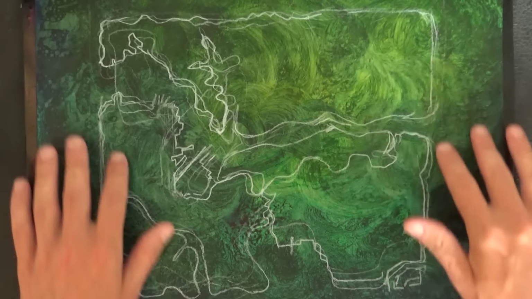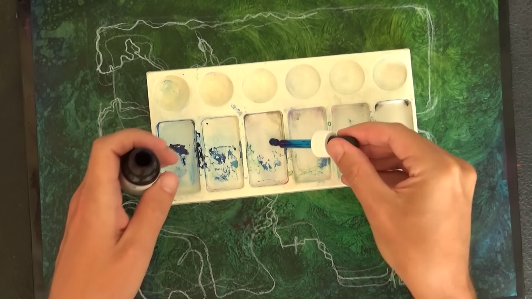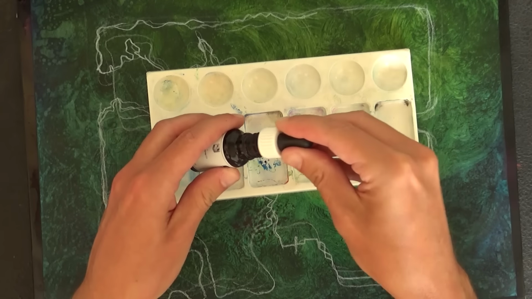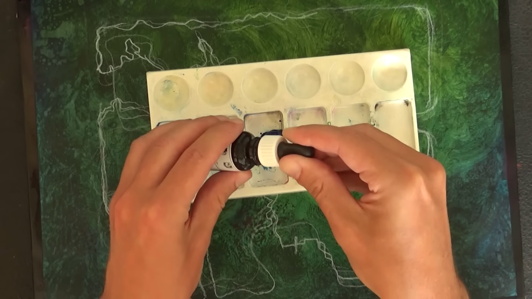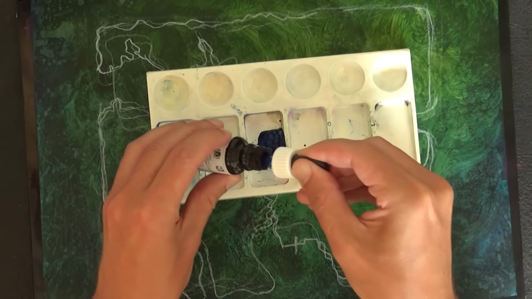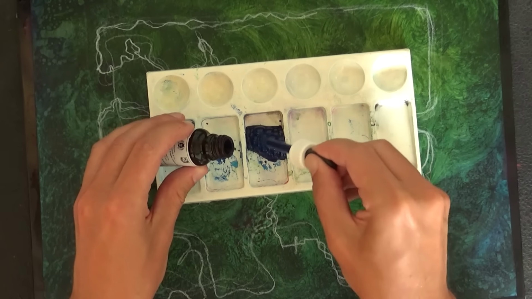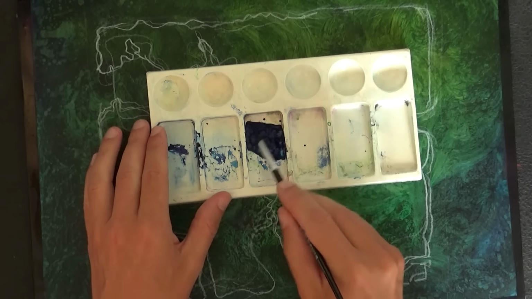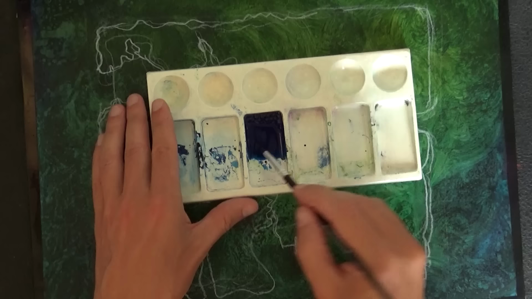Okay, next step will be some blue or cyan ink. It's almost empty. I hope there's ink enough to paint the water, because that's what I plan to do first, since there's so much water in this area,